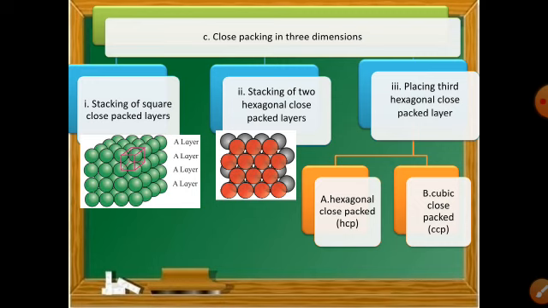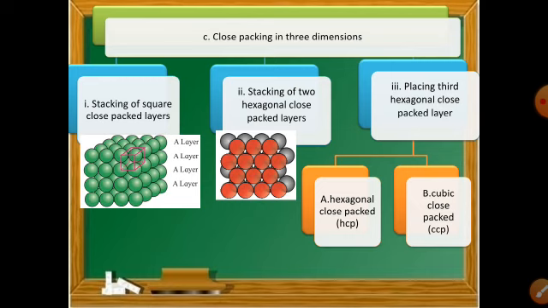tetrahedral void. And here you can see the white colored dots, that is a space in the first layer as well as in the second layer also. So the first layer triangle and second layer triangle, if you combine, then you will get what? An octahedral shape, and the void formed is called an octahedral void.